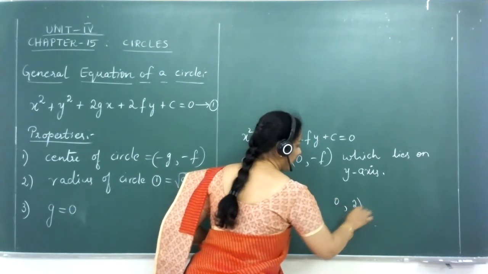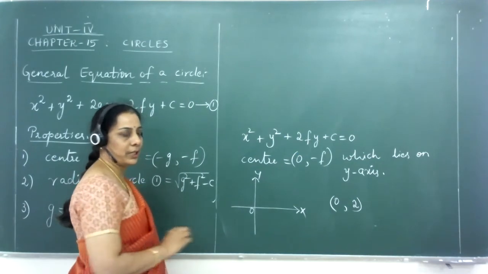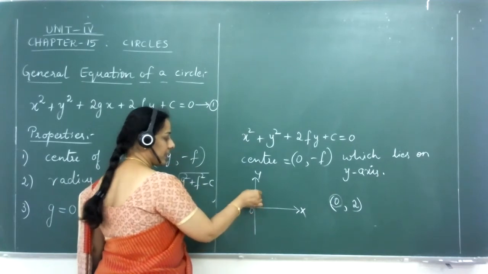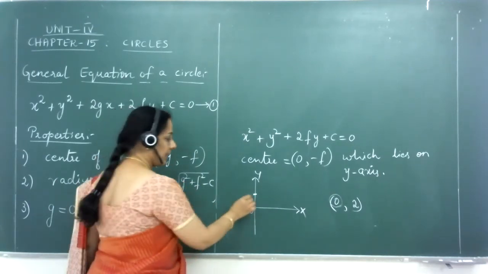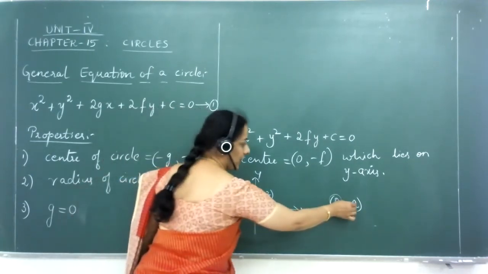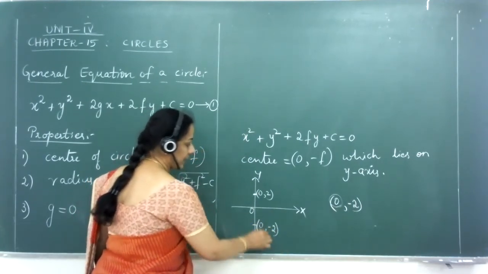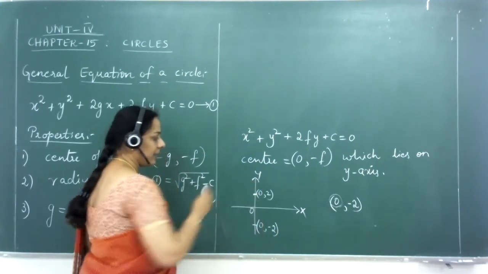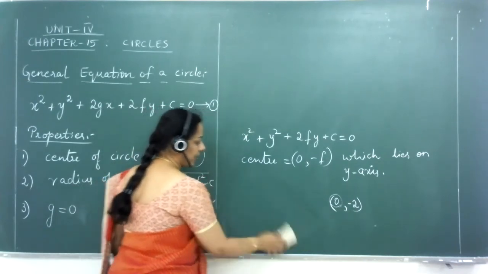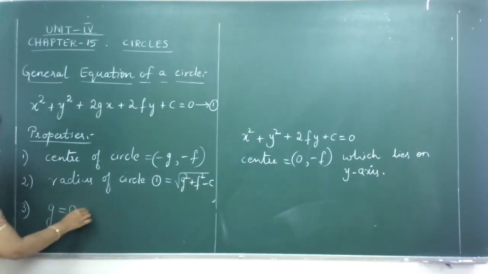I consider, say, the point 0, 2. If I have to plot that particular point 0, 2 on the graph sheet, since it has its x coordinate 0 and y coordinate equal to positive 2, I will consider that as a point lying on the positive y-axis. If I change that y coordinate to be negative, it comes as a point which is to lie on the negative y-axis, isn't it? So this is the commonality here. Whenever the x coordinate is equal to 0, that has to be a point which is lying on the y-axis.